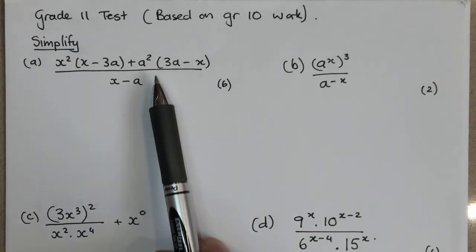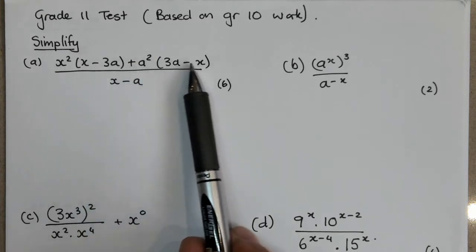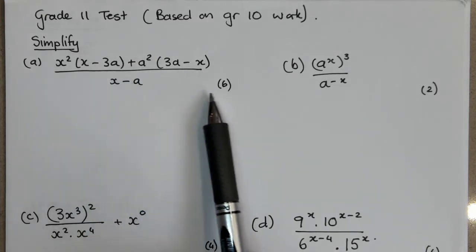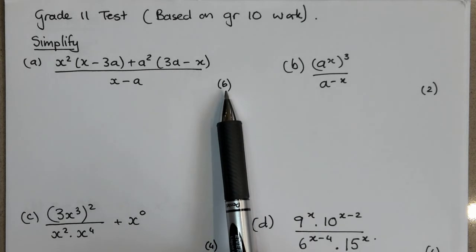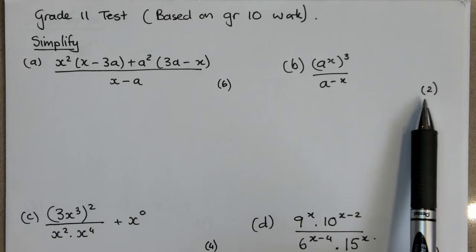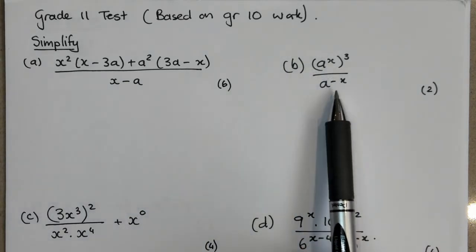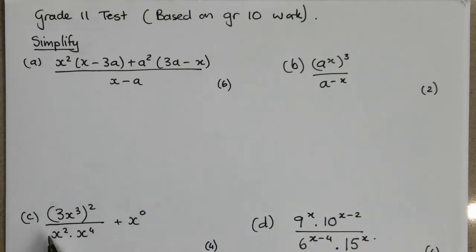Here we have a fraction, okay, with quite a lot of stuff at the top and the x minus a at the bottom. Notice that this is going to be for 6 marks. Okay, so this one is for 2 marks. It's another fraction, but there's exponential laws involved. Number 3, similar situation to number 2 with just a bit more in it, where the x's are in the bottom,